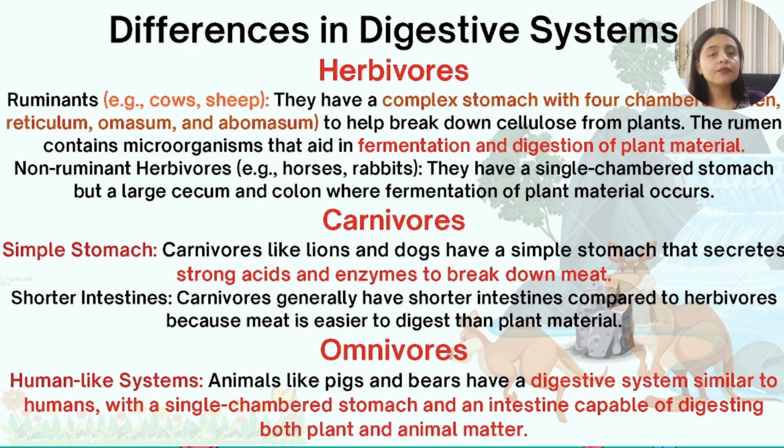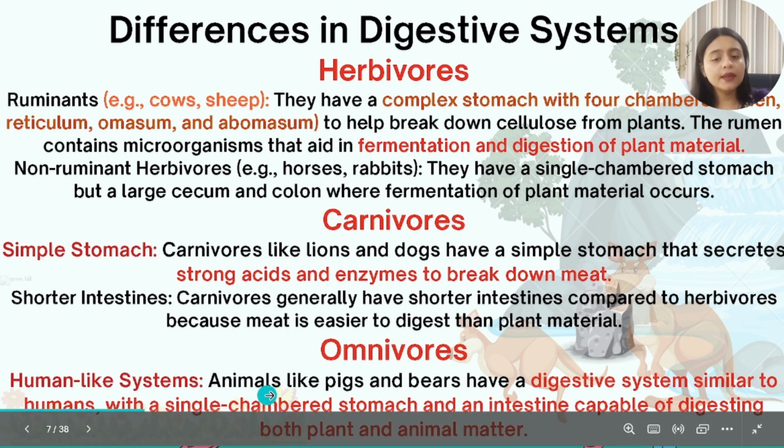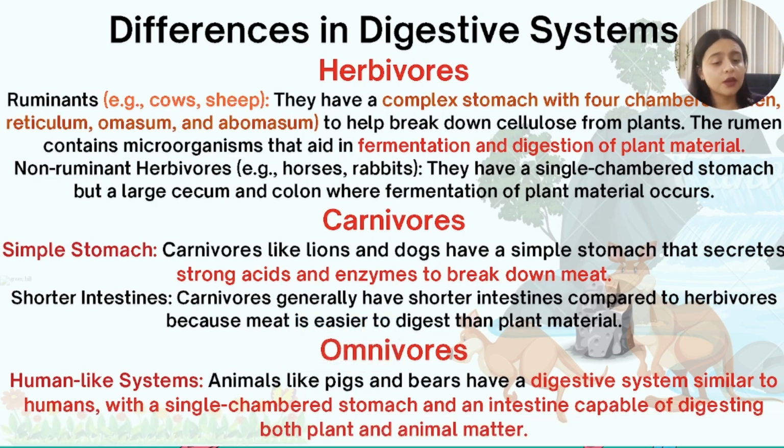But in animals, since they eat flesh and their body is also a rigid and kind of tough body, and they have a simple stomach, so they digest the meat at ease. Okay, omnivores, human-like systems. Animals like pigs and bears have digestive systems similar to humans with a single-chambered stomach and